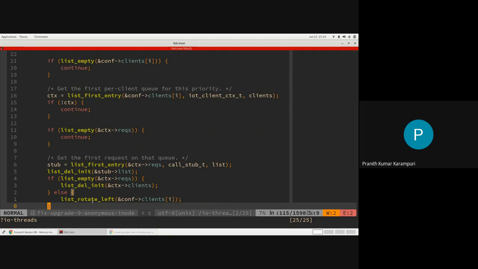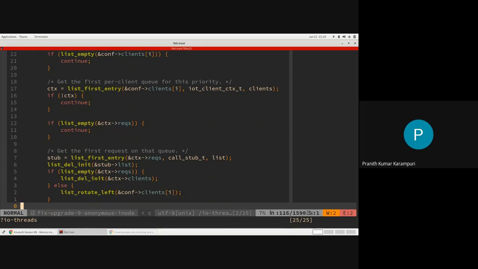This is to make sure that one client won't overwhelm all the other clients. This is to prevent starvation from one client taking over the complete IO. So in a sense, in IO threads, per client you are processing IO in the order of priority, and across clients we are doing a round robin to prevent client starvation.